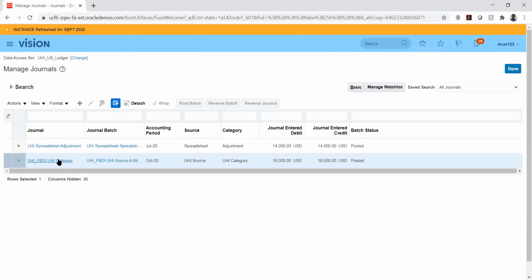So this one is posted. So these are the three options that we have to create the journal entries in the GL module.